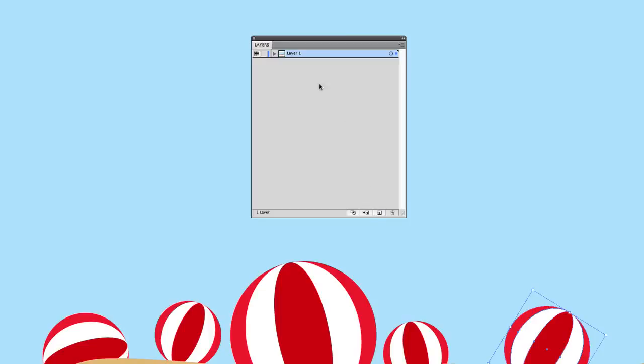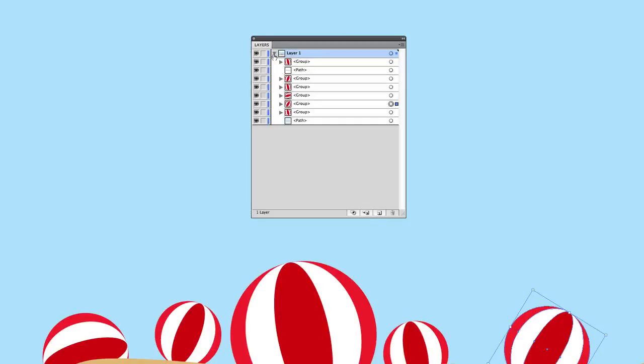Well, right here next to the picture of layer 1, there's an arrow. I'll click on that, and you can see all the virtual layers that each object, each group in this case, has created. Now the big blue box is a path, and that's on the very bottom. The sand, that's another path, and that's near the top,